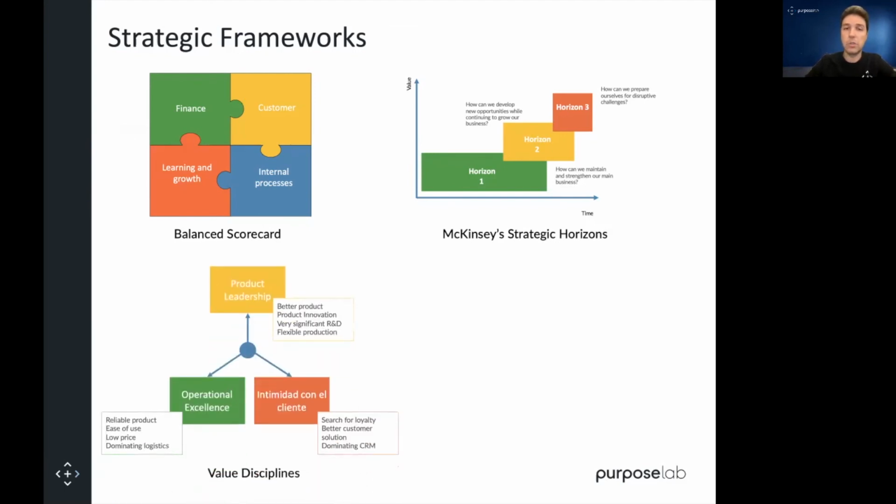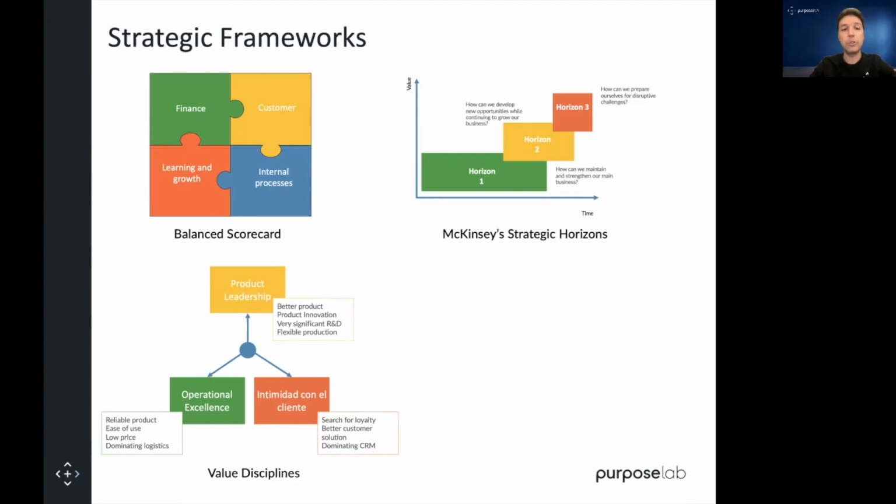So this is what's happening. Of course, you can have a combination of all of this. You can have a balanced scorecard where you start thinking about different initiatives or projects within each one of these areas, and you also combine them, for example, by which horizon they fall on. That's perfectly valid. A third strategic framework, and what we're talking about today are by no means all the frameworks that there are. This is just some of the most common ones.